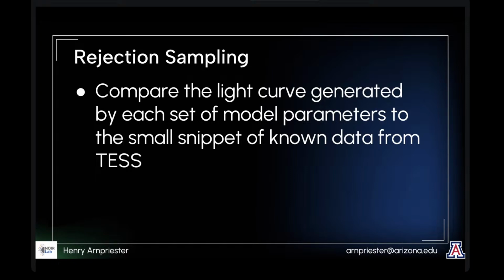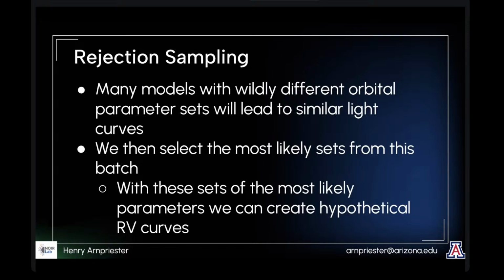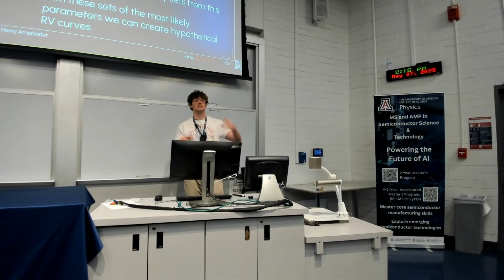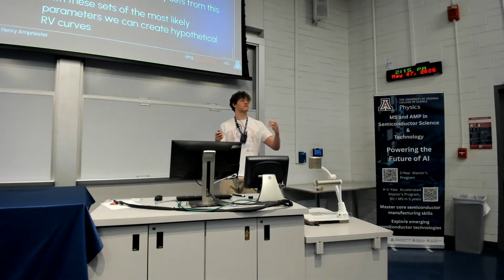And so we do this by log likelihoods, which we're not going to get into. But this is interesting because light curves have a lot of degeneracy. So a lot of orbital models with very different parameters can lead to similar looking light curves, just by sometimes the period being faster or slower. In this case, you can get a similar looking period as if the eccentricity is larger. So by